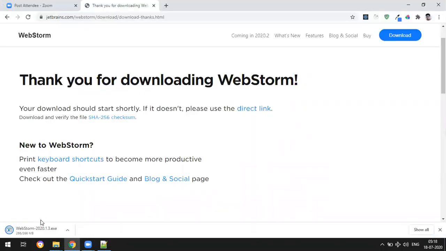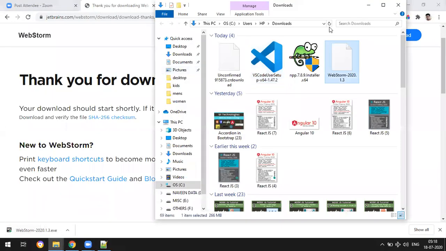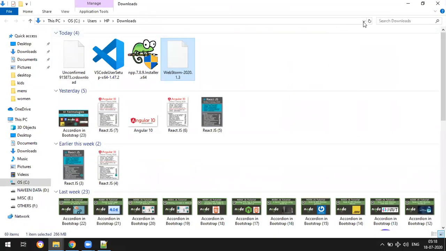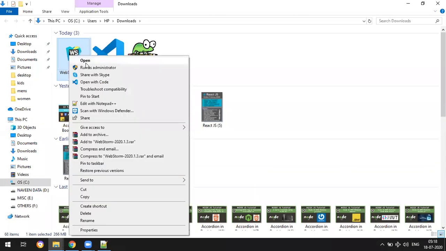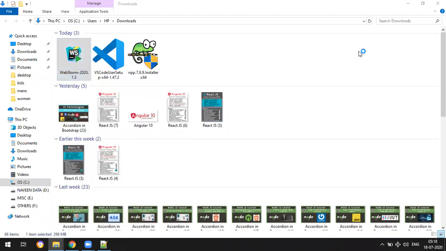Okay, fine then. It's downloaded. You can again go to the folder and refresh. Yeah, this is simple. You can install it. You can just right click, run as administrator, or double click, whatever.